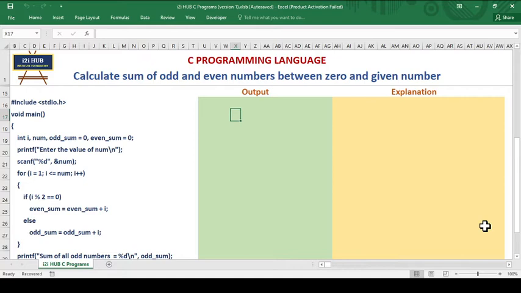So now we are going to analyze this particular program. I know there is the heading where the problem statement is written here, but we will not read this. We will start this program as if we know nothing regarding this program and we want to get the output of this program. So how to analyze this program without any prior knowledge? We don't know what is written here, right?